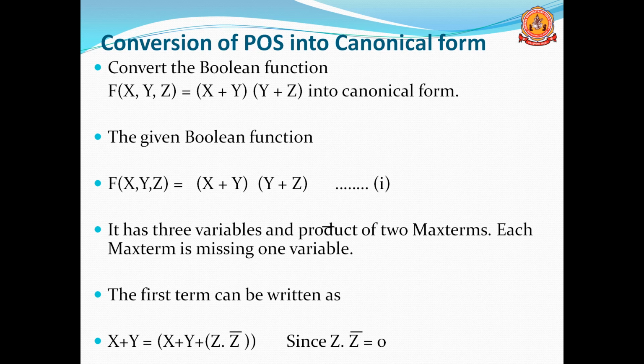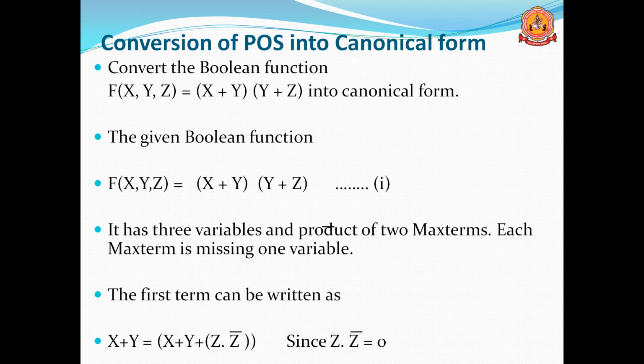So what do we have to do? For the first term, we have to add z dot z dash, and for the second term, where x is missing, we have to add